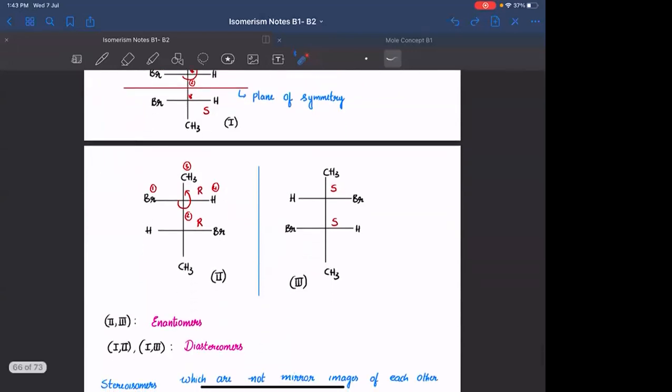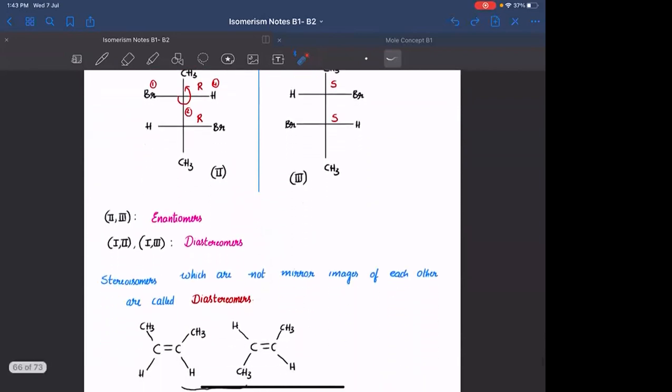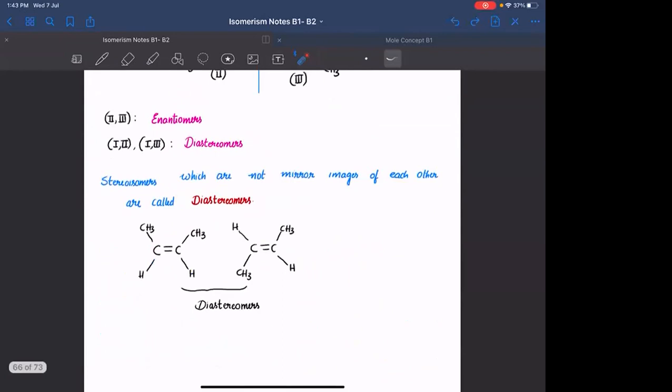Diastereomers जो term है, it is not only used for optical isomers, it can also be used for geometrical isomers. The definition says that they are not mirror images of each other, but they are isomers. These two are also not mirror images of each other, and they are isomers. Hence, they can also be classified as diastereomers. So cis and trans compounds are also examples of diastereomers. Is that clear?